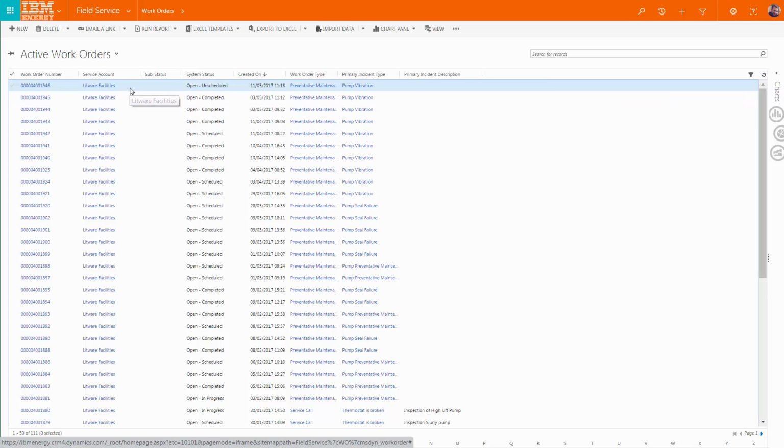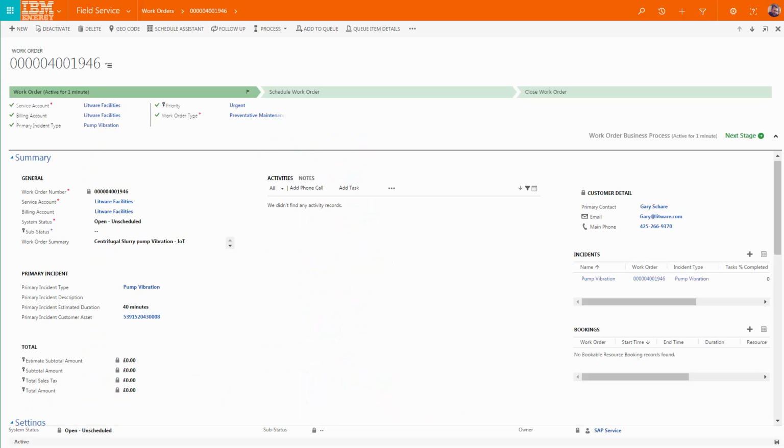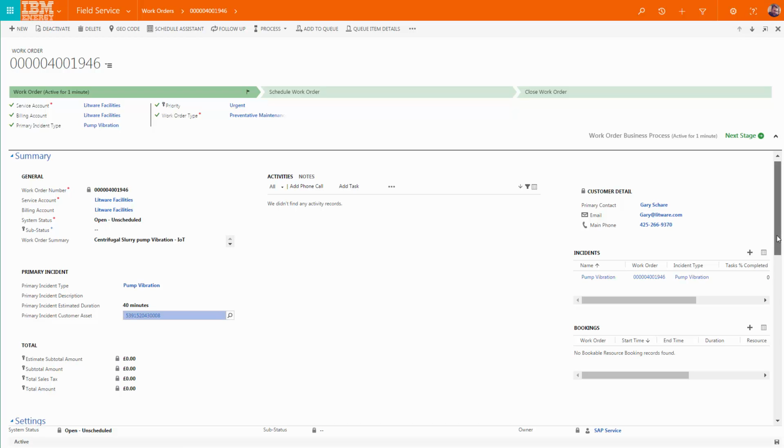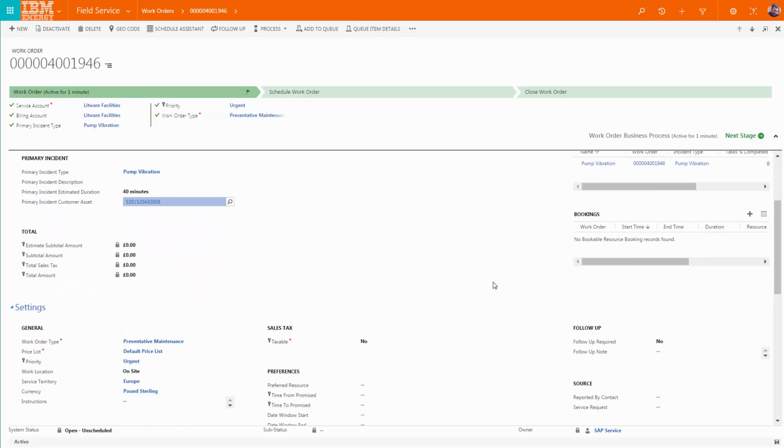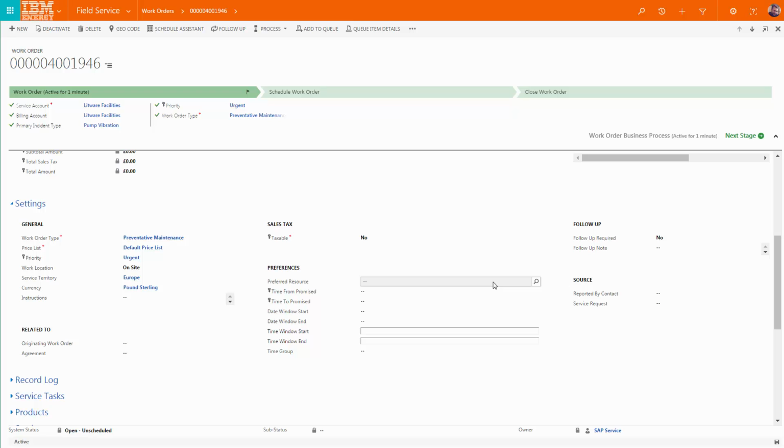Lily can see the unscheduled work order at the top of the list. She can either action this from the main click and drag scheduler or click into the work order itself. Here we can see the key information from the SAP work order has been replicated into Dynamics 365 through the